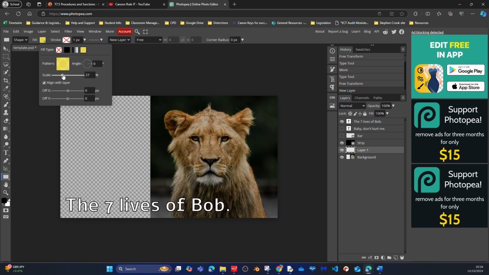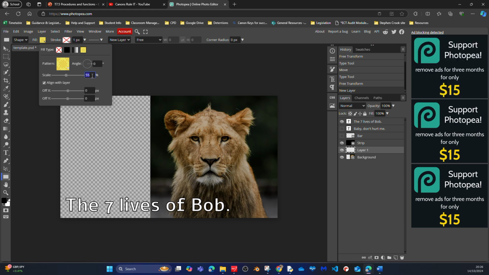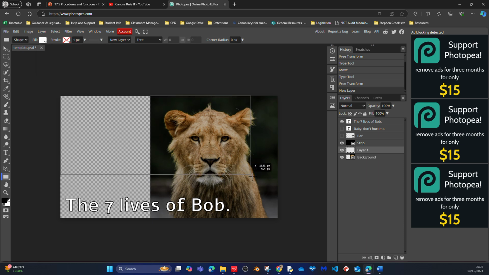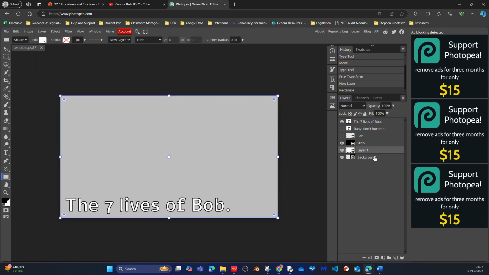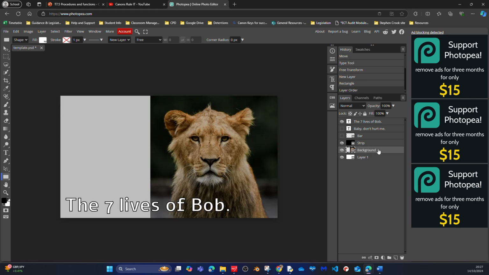Scale, let's make it smaller. Let's scale it like it was 50%, I think. 50%, okay, so now let's, you can choose a gradient, okay? Let me choose color. Let me choose actually white color, just white color. And then come here and draw my rectangle, and I'll make it the background. So I make this one the background,